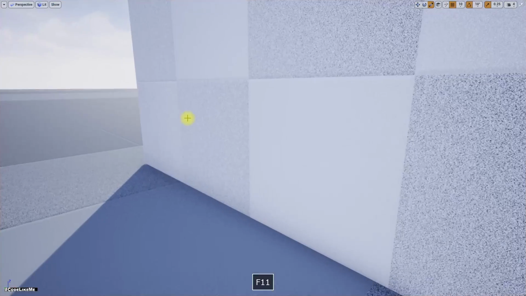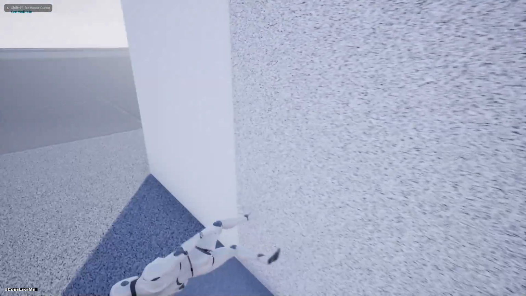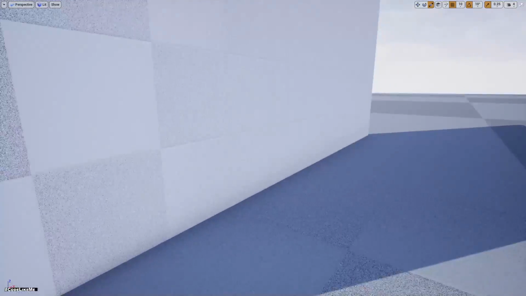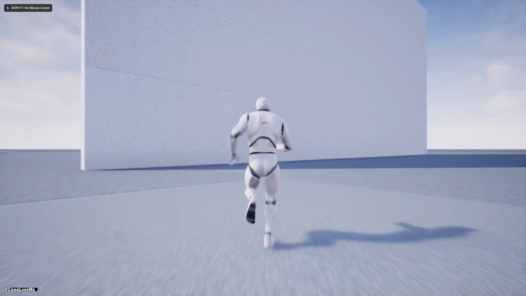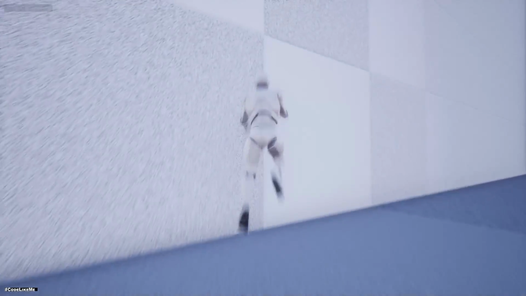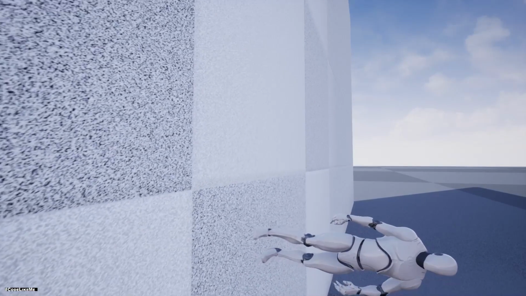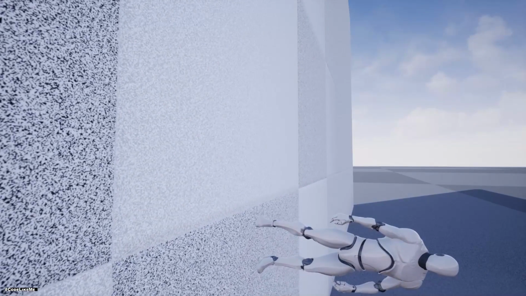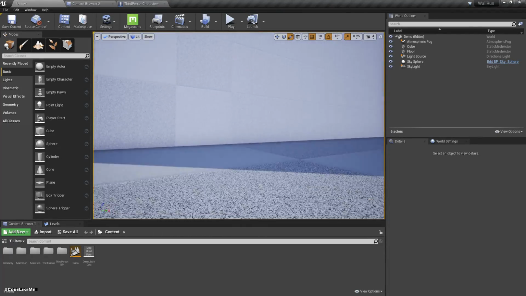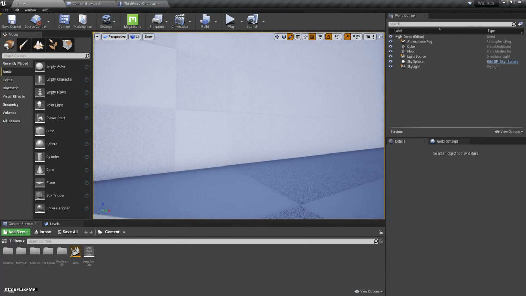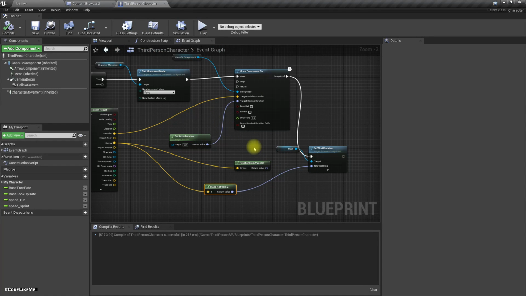So see, now it's correct, but the only problem is now we need a way to find the forward of the character. So even if I jump to the wall like this, the character rotates the back to this way because it doesn't know where the forward is. So to find a new forward, let's do